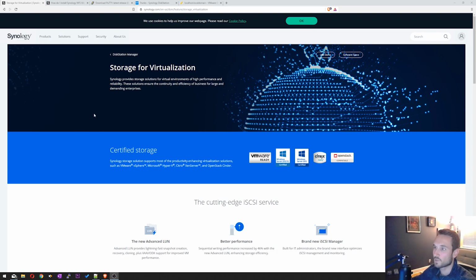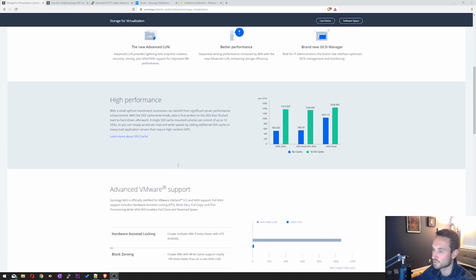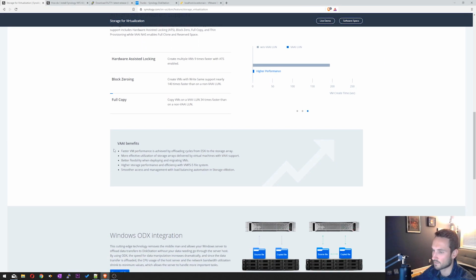So first thing you want to do is go to this Synology page here. This kind of explains it, shows performance on how much better it is using SSD and so on. So we're going to scroll down to the bottom here. It tells you the VAAI benefits: faster VM performance, more effective utilization, better flexibility, and so on and so forth. So in general, this is a great plugin to have if you are using your Synology as a data